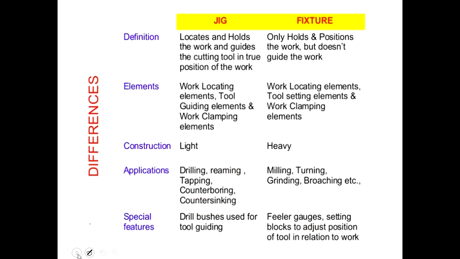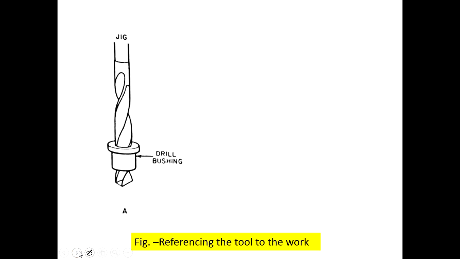Now let's see the next part. We have seen a jig is used for guiding the cutting tool. So in the jig we are using the bush, the drill bushing. This drill bushing is made from a hard material: high carbon steel or high chrome nickel steel is used for manufacturing of this bush. Later on we will see the different types of bushes also. The drill will pass through the bush and then come in contact with the workpiece.